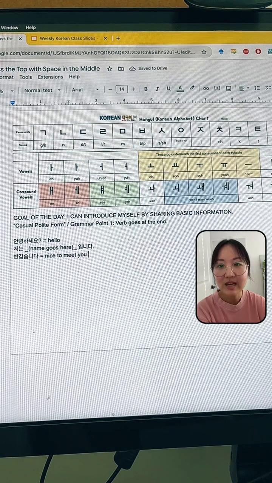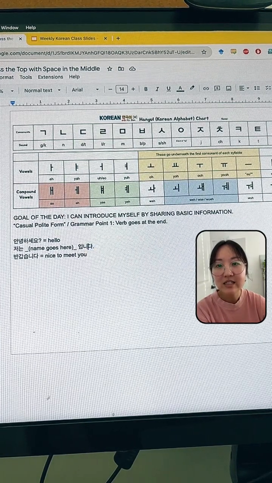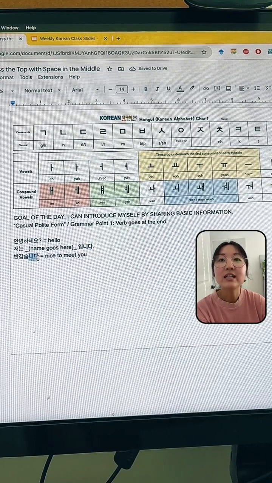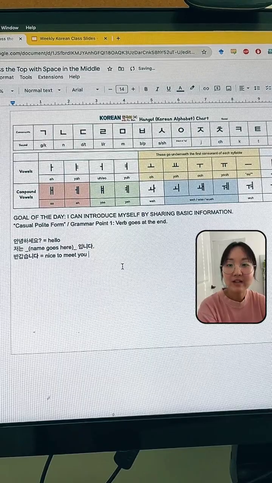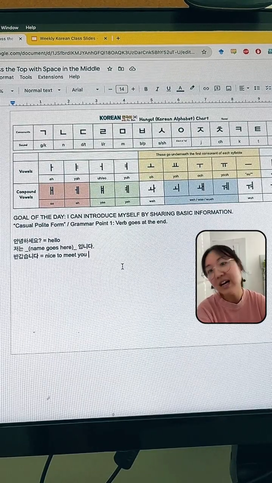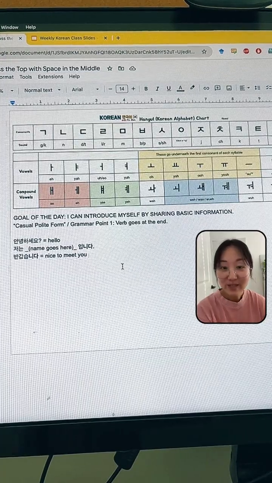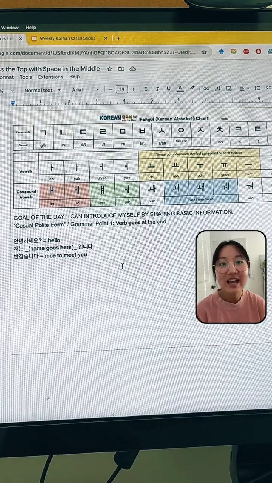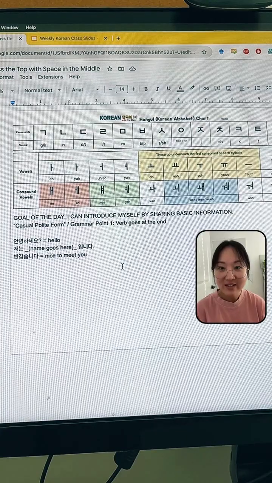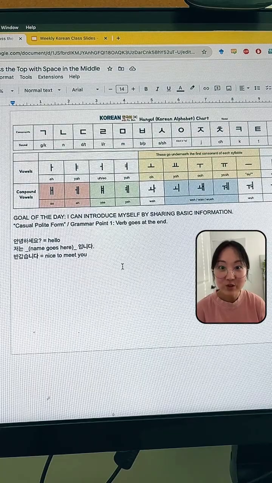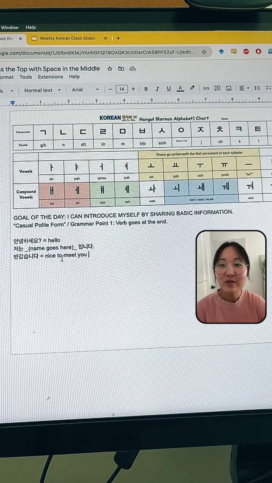Notice the ending is in the 니다 ending. Here also we have 니다 ending. So that is a pattern of the verb ending. 반갑습니다. And then that could be it there, right? So instead of saying goodbye, you probably already know you can say 안녕히 계세요. Instead of that, you probably want to say 반갑습니다. And then maybe the next person will introduce themselves. Okay? So let's just review that again.